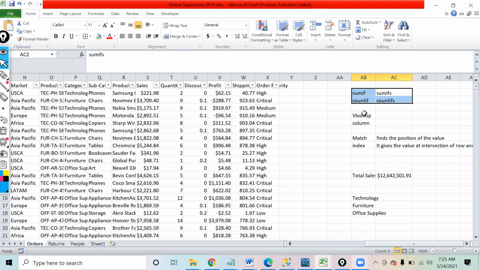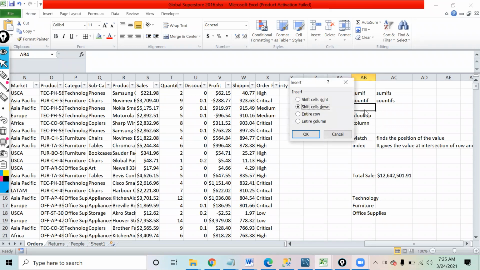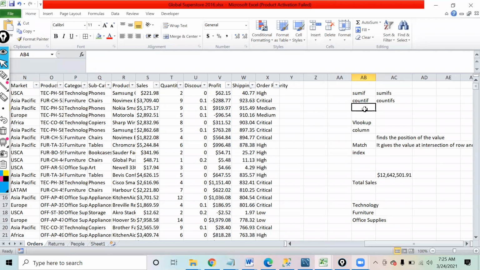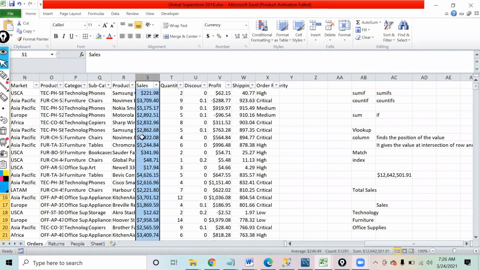Now if I just try to explain the SUMIF formula. The SUMIF formula is made from two formulas, one is sum and the second is if. As the name itself tells, you want to sum up the numbers based on a condition. If your certain condition is true, that means I want to find the total sales if my category is technology. When I use sum of sales, it gave me the sum of the entire column. Makes sense.